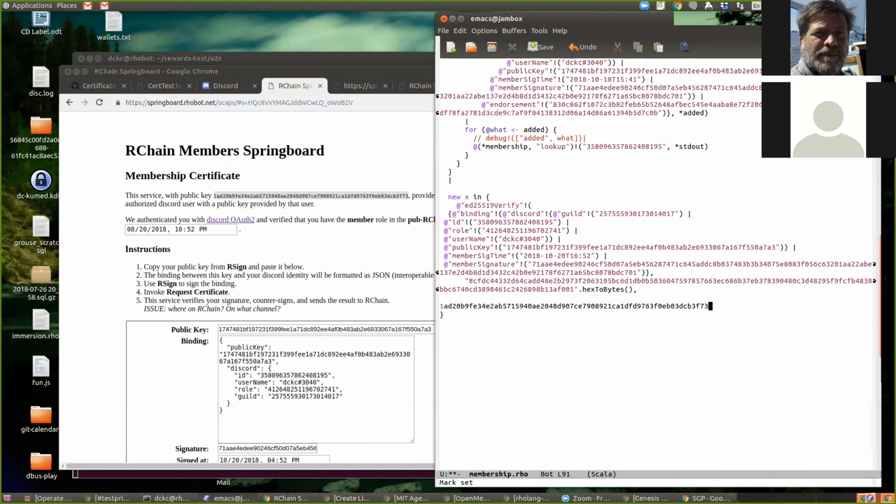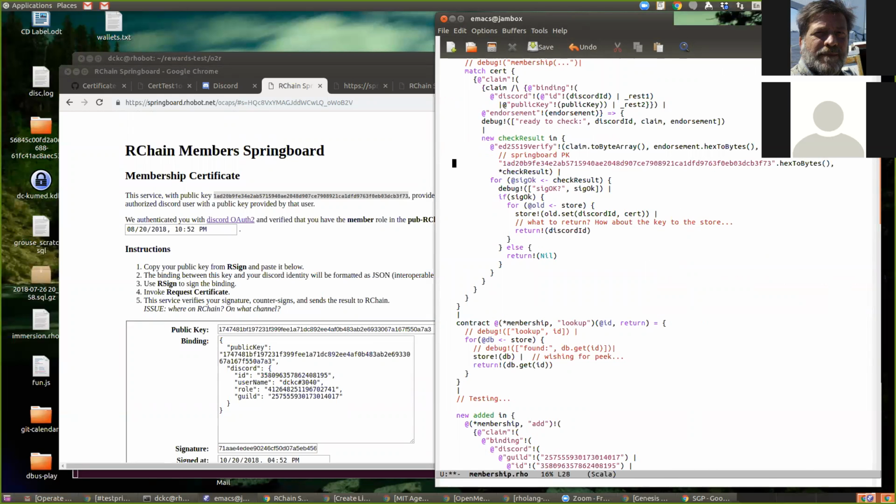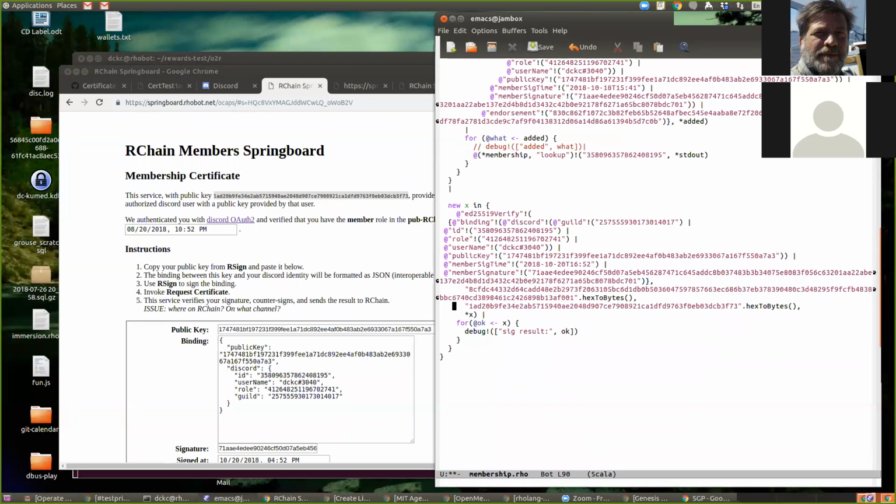Is that public key too long? No. 1AD blah blah blah 73. 1AD blah blah blah 73.